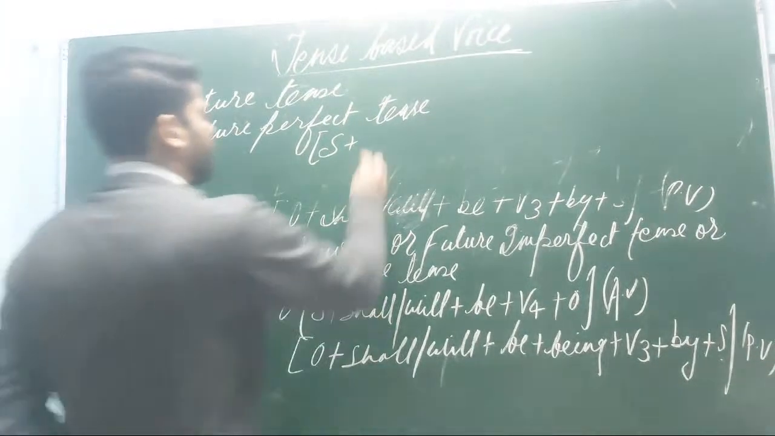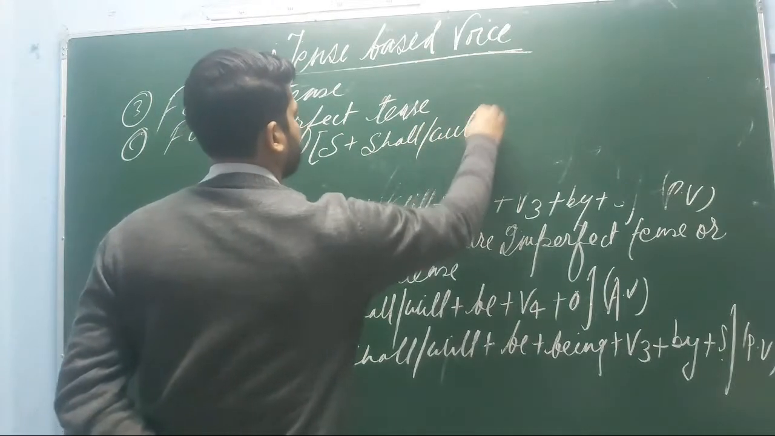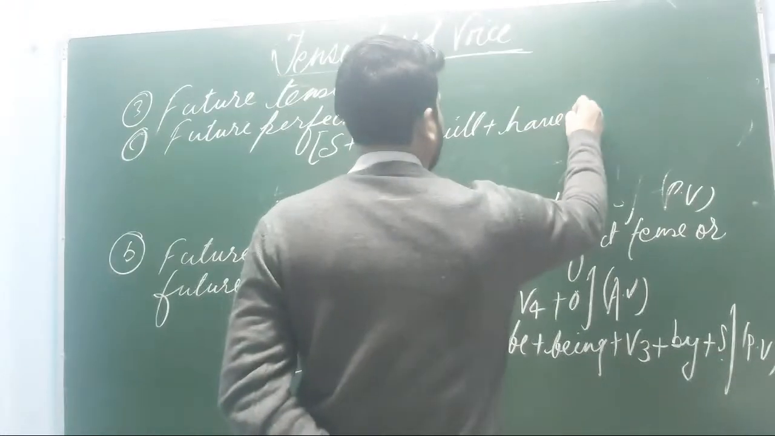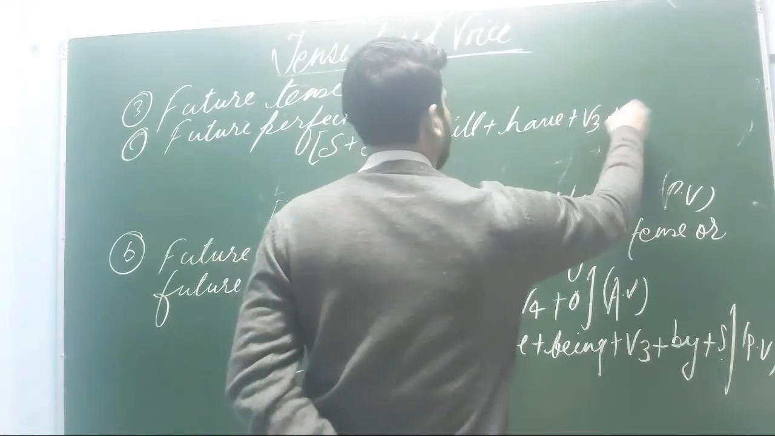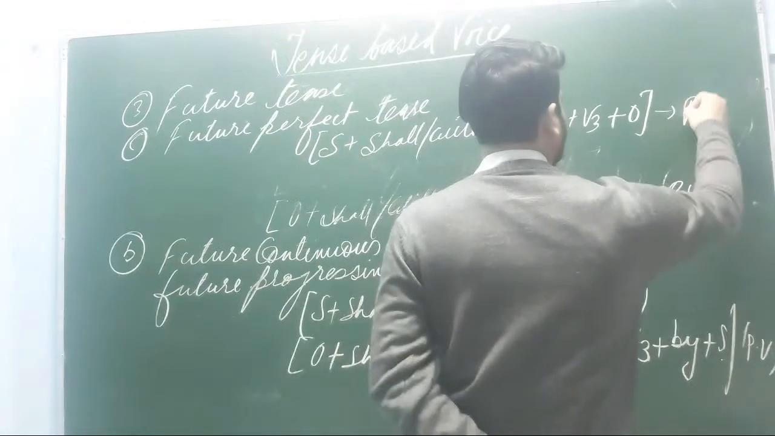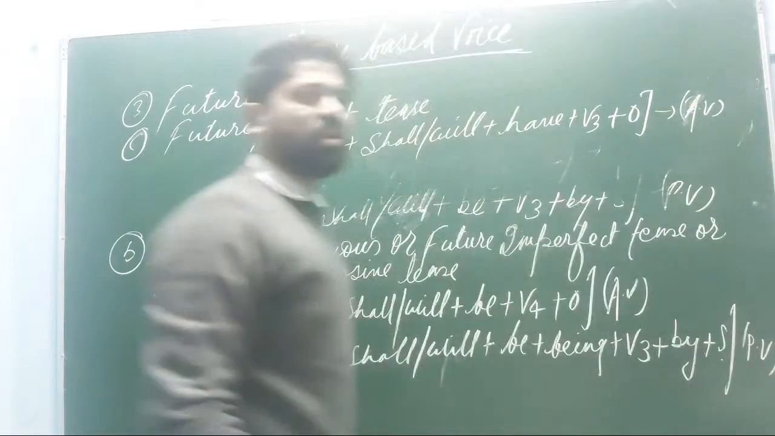Its structure will be subject plus shall or will plus have plus be3 and the last object. So this will be the structure in active voice for the future perfect tense, and for the passive voice what